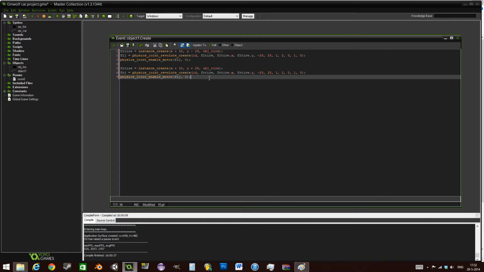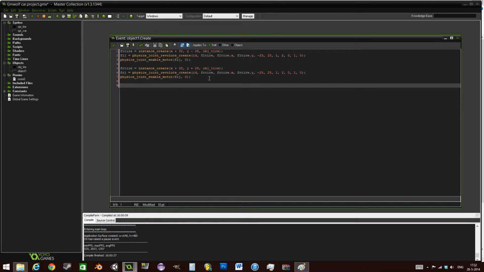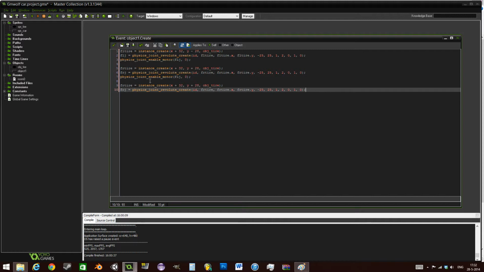Now we want to create the back left tire, so BL tire. And we can actually just copy paste these two lines over here. We don't need the motors. As I said, the motors will be used later on, but we do not need them as of now. So it will be minus 32 and minus 28 for the front left tire, front left joint, and we wanted to change all these to